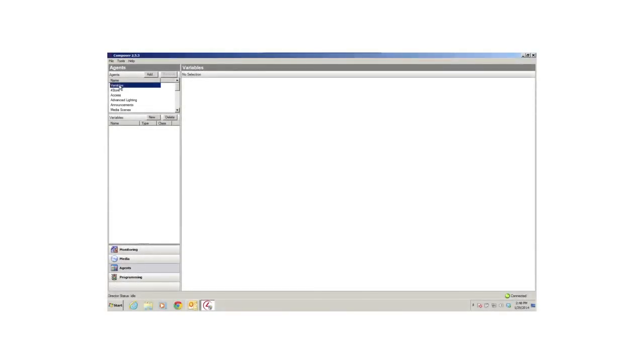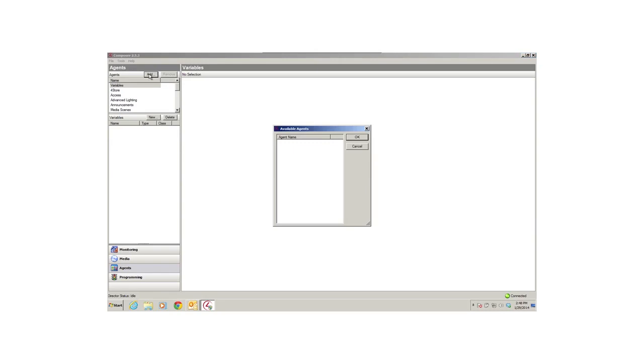Before you can use an agent, you'll need to add it to the Composer HE project. It's best to only add agents you're really going to use, and you can add an agent at any time. So I'll click Add in the Agents pane, select the agent I want to add, and then click OK. At this point, you probably don't know which agents you'd like to add. So let's talk about each agent for a few minutes to get a better idea about what you can do